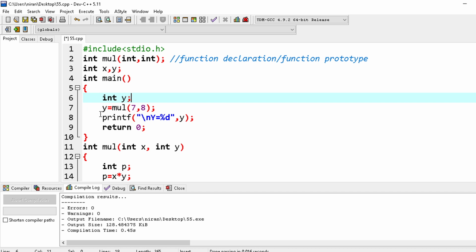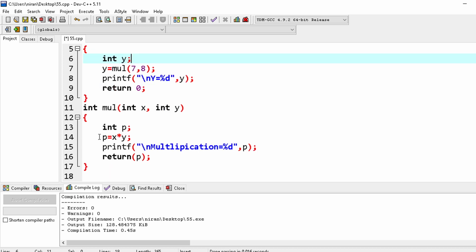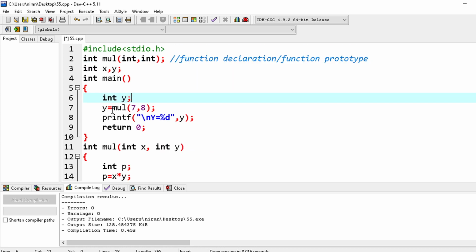If you declare a variable inside any function, main or any other, not above or beyond the function but inside it, it is a local variable. Suppose here p is declared inside this mul function, and inside the main function the y variable is declared.